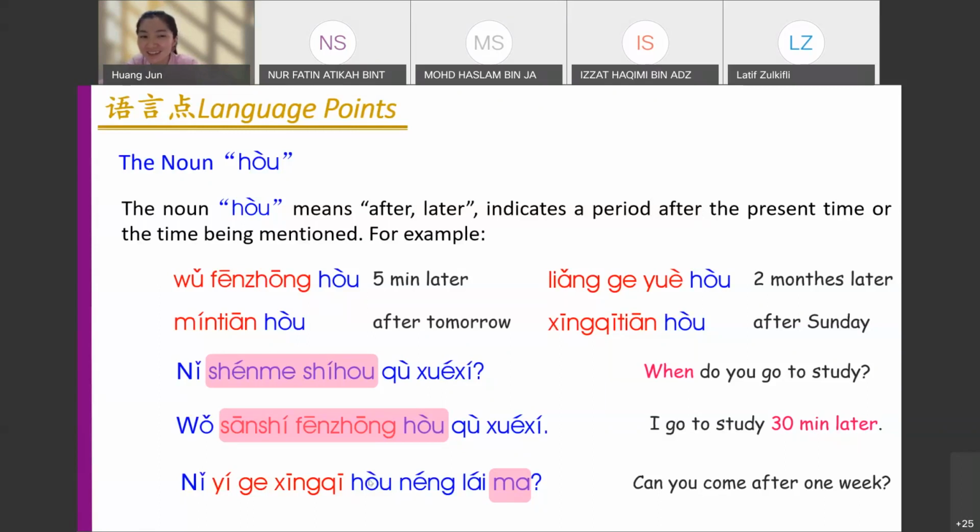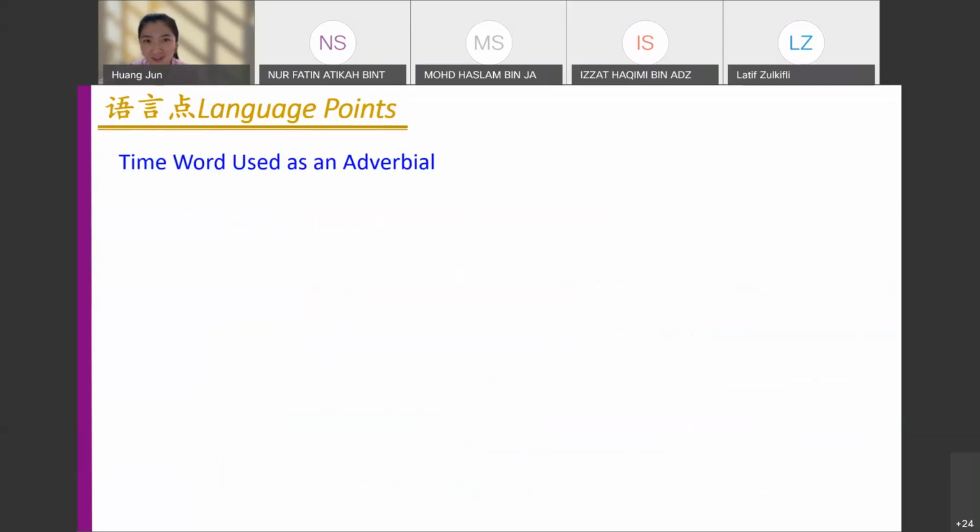后 means later. So after 1 week, you can see we have 个 here. 个 is for counting. So after 1 week, can you come? So 一个星期后. Promise me I will finish. So you will download the video and do the comparison, because in lesson 4, things related to time are really complicated. So then we move on. Never mind, this is just our beginning to learn. If you're confused, still acceptable.